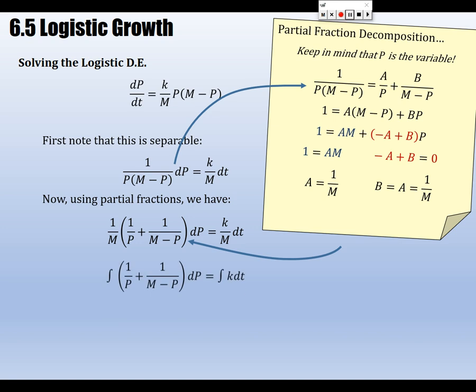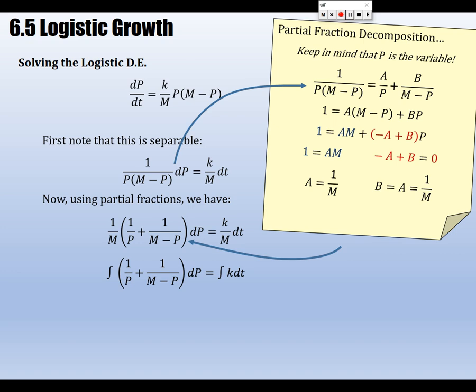So now integrating. What did I do, by the way? I also multiplied both sides by m here. Keep in mind k is a constant as well. So on the right, that's an easy integral. That's just kt